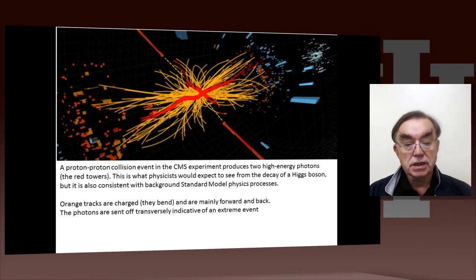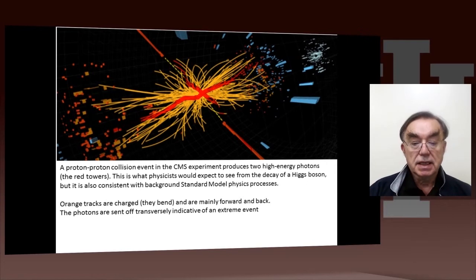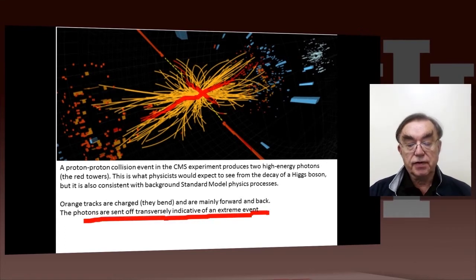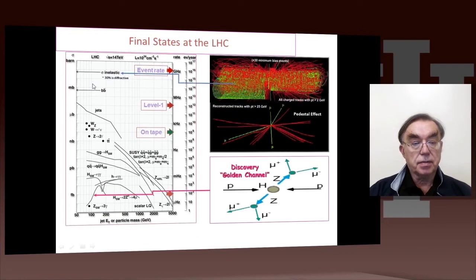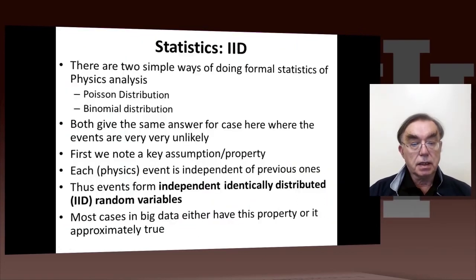And this comes from another experiment, the CMS experiment. Remember there are 2 big experiments, CMS and Atlas. And this is a typical event corresponding to a Higgs particle. And as it says here, the signature of an extreme event or an interesting event is lots of things happening transverse to the direction of the protons. This picture here tells us that really